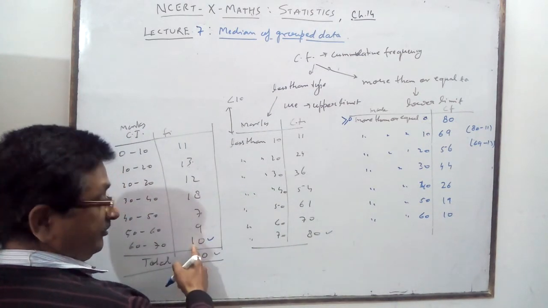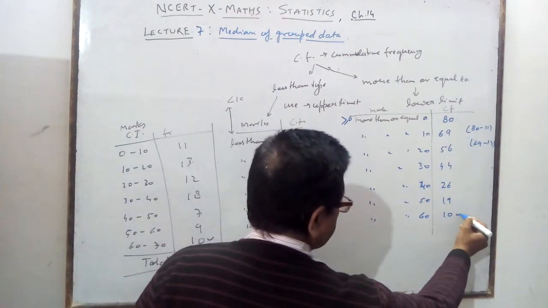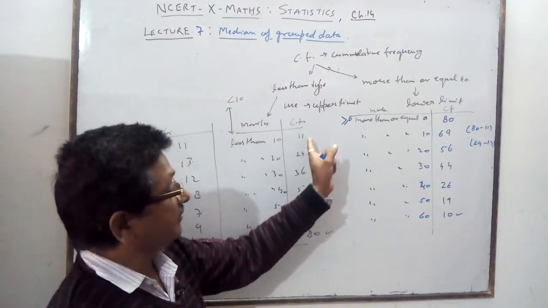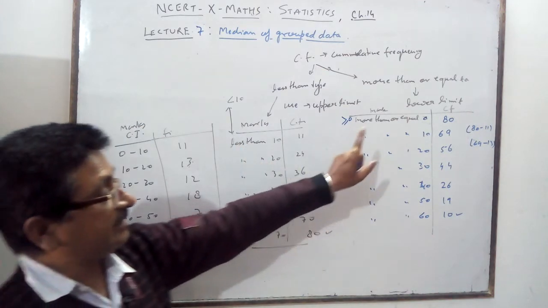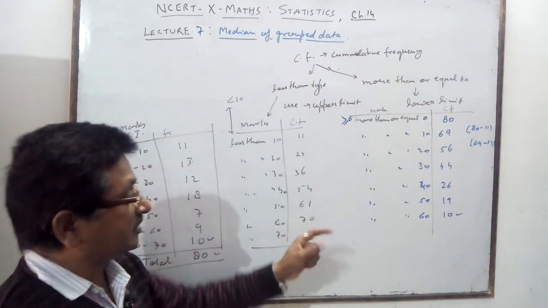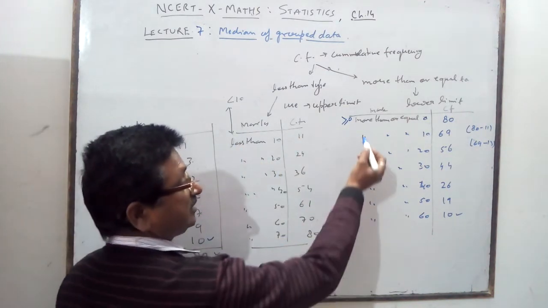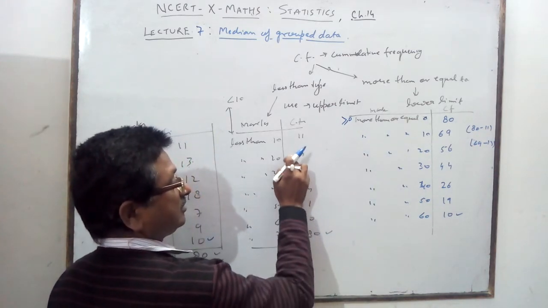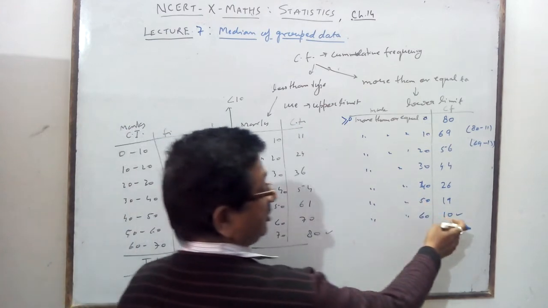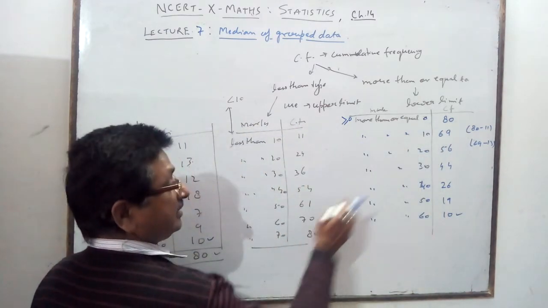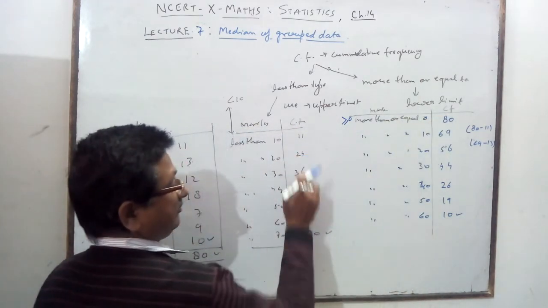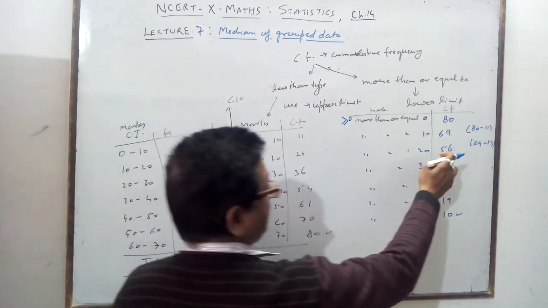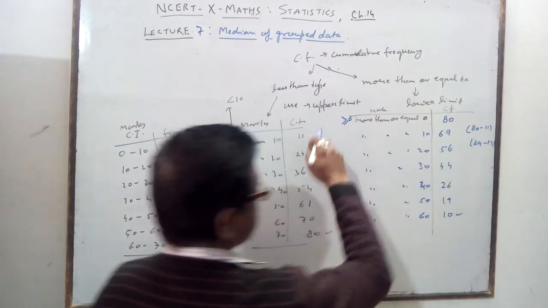What is the last frequency? That will be the last CF. What is the sigma Fi? It will be the first. But you see, it is less than, it is more than, but both are not just in reverse order. If you think that it is more than, we write 80, 70, 61, 54, 36, 24, 11, then it is wrong. Here you see, 80 is here, first one is common, but second here given 70, but here 69. Here 61, here 56. Like this you are getting.